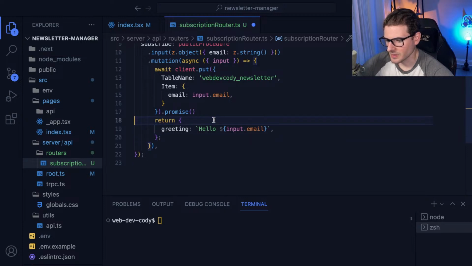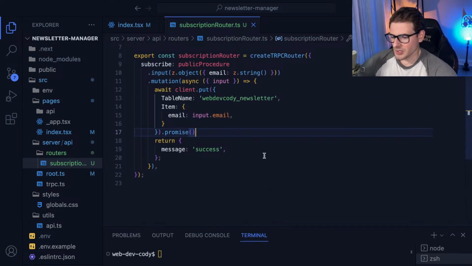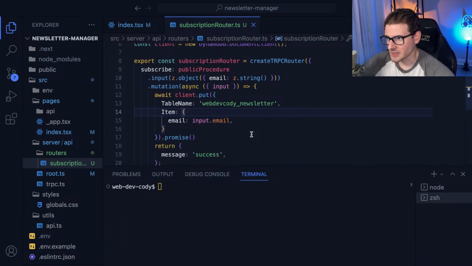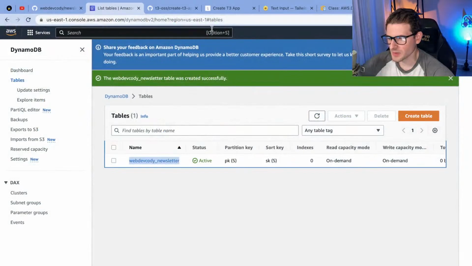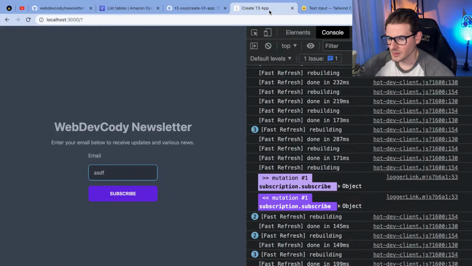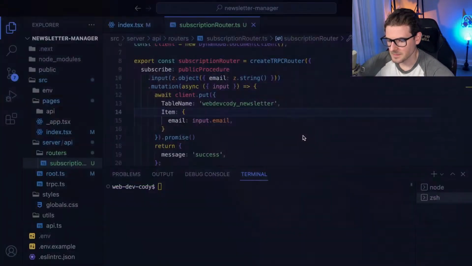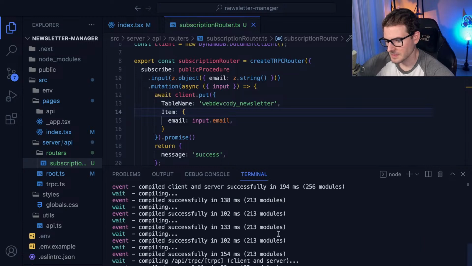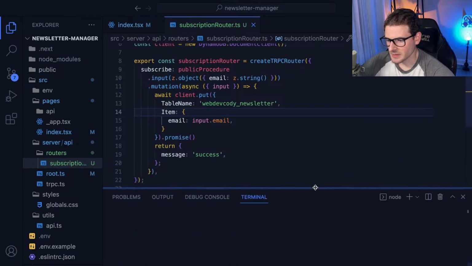So I think we need to return something here potentially. I don't know what we should return. Just say message success. I don't really know. So let's try doing this. This should fail, and the reason it's going to fail is because we haven't created an access key. So first of all, let's try doing the submit. I'm going to go back to this one, click submit. The backend should not have written that. It failed on subscription, missing region and config. All right, so that's what I expected.